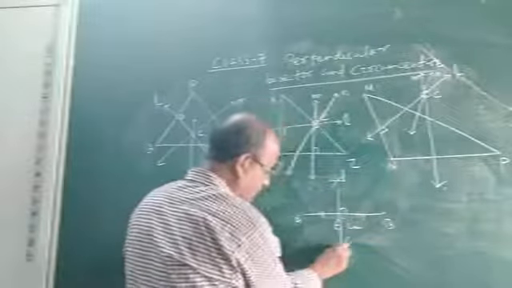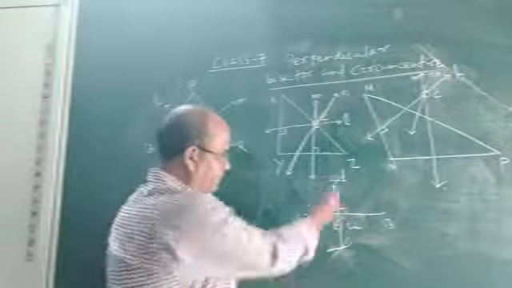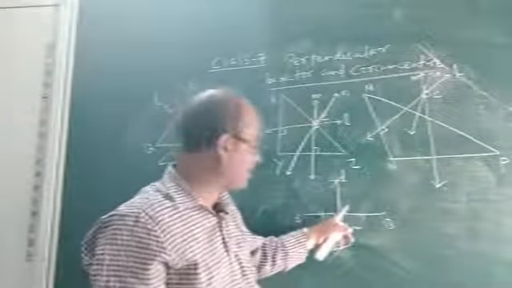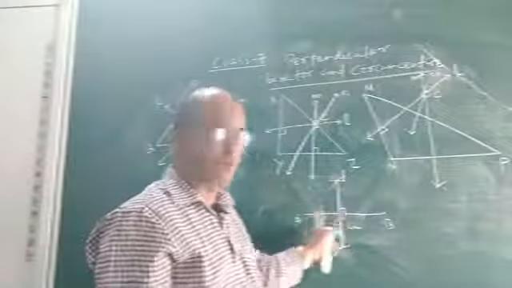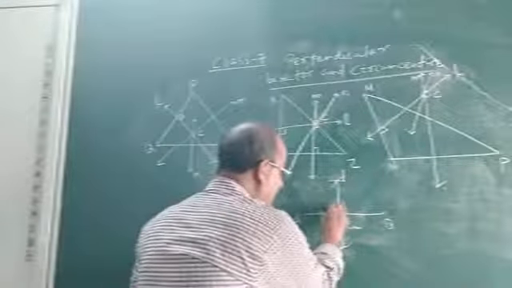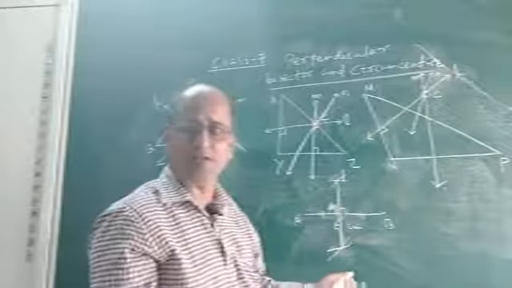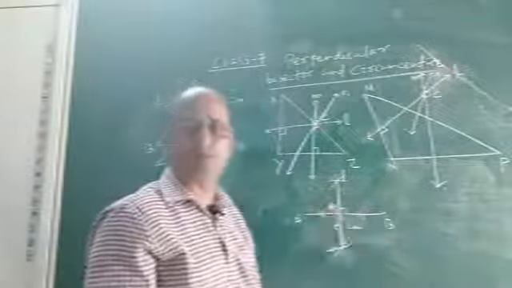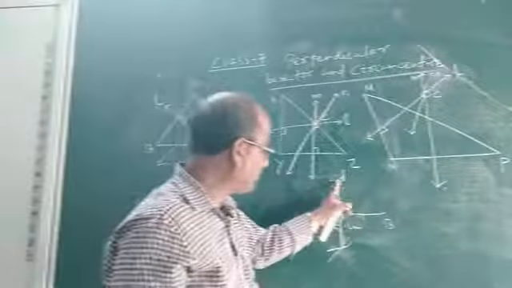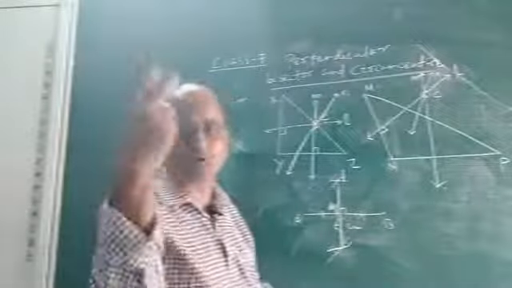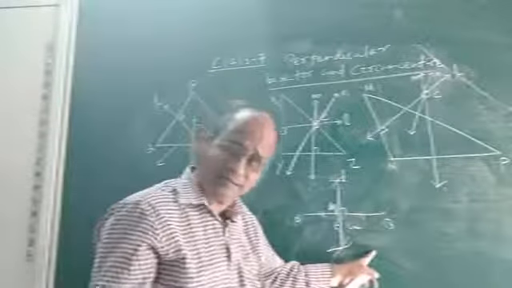Now look at this point and this point, you join these two points. You will find on measurement using a protractor that this angle will be 90 degrees, and if you measure the two parts, suppose this is M, AM and BM, you will be surprised to see that the lengths of AM and BM are equal. That means this line L divides AB into two equal parts or two equal halves. Hence L is the bisector of AB.